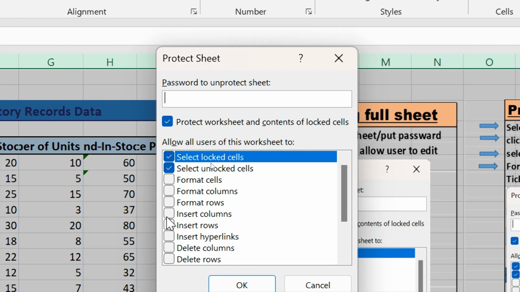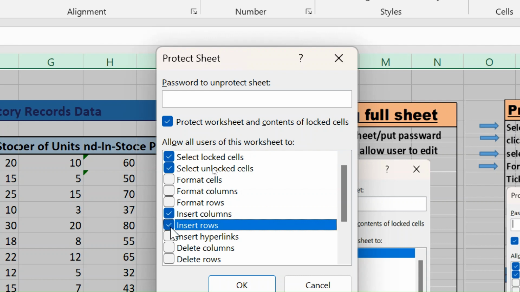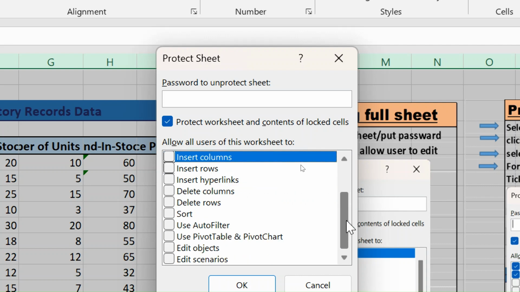If we click on that, then you are allowing the user to make changes to that extent wherever you have clicked. For example, if I click on insert columns, the other person will be allowed to insert a column. If I click on insert rows, you are allowing the other person to insert a row. Unclicked means we are not allowing the other person to make any of the changes mentioned here.